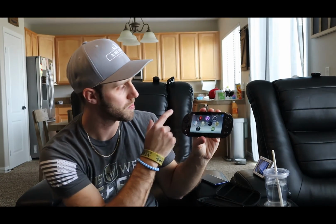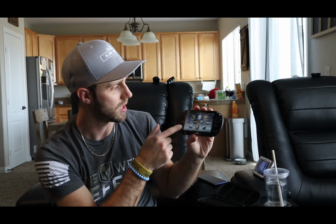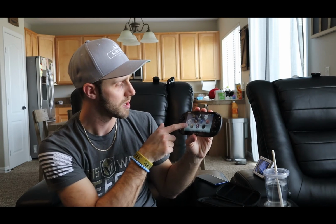So again, this is my system. Let me turn up the brightness here for you so you can see what I got. It's a pretty nice touchscreen. I got all these games. Most of these are digital. You got Borderlands 2, that's a digital one. I got XCOM. I got Super Star Wars. I got Grim Fandango. Got Minecraft. I have the Bard's Tale. You get Netflix, Hulu on here. I got Secret of Mana, Sword Art Online, just all kinds. And then here's some PSP,